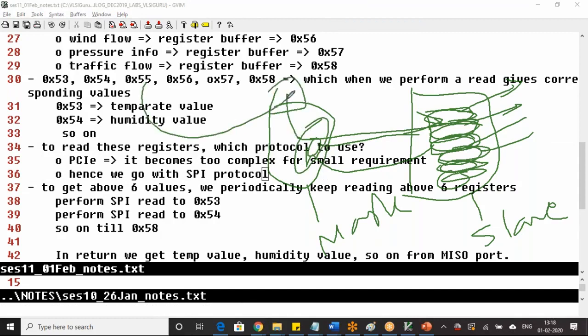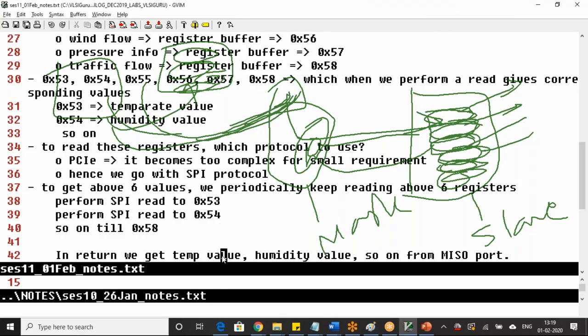My processor will read this data, temperature value, pressure value, humidity value, and it will display it to a display board. That is how you see the temperature is 16 degrees, humidity is this much, pressure is this much, wind flow is this much. Did you understand how the whole information is coming to the display screen? This is where the processor is present. It has read the information, it has written to the display board. Did everyone understand this concept? Did everyone understand the SPI role in this flow?